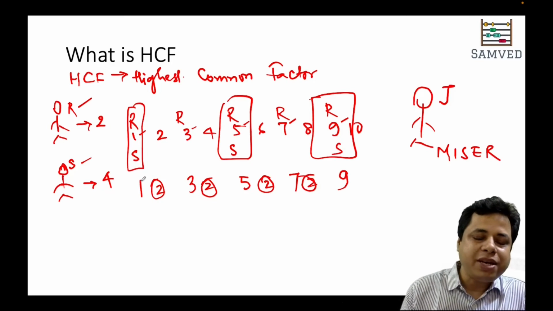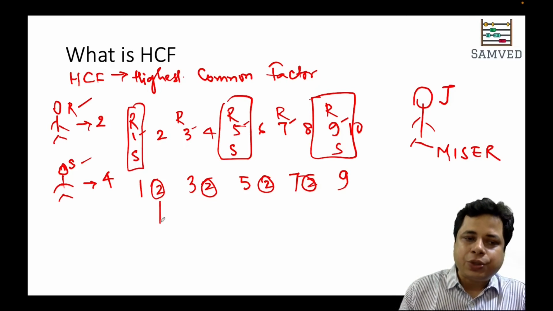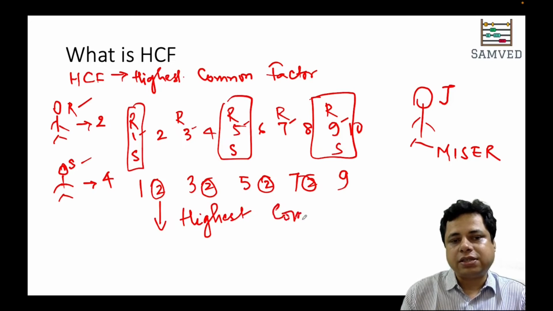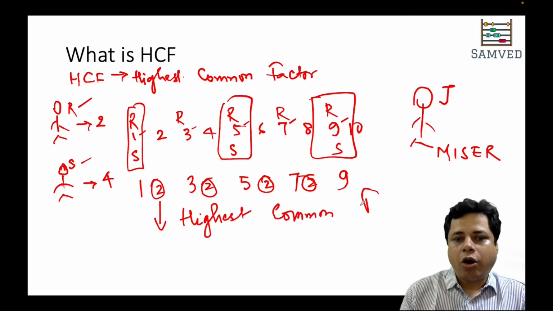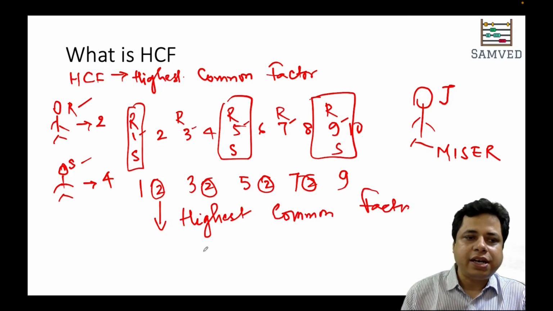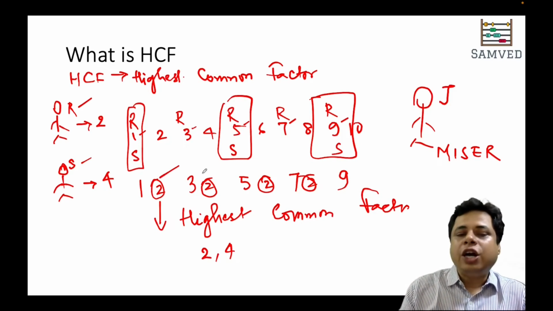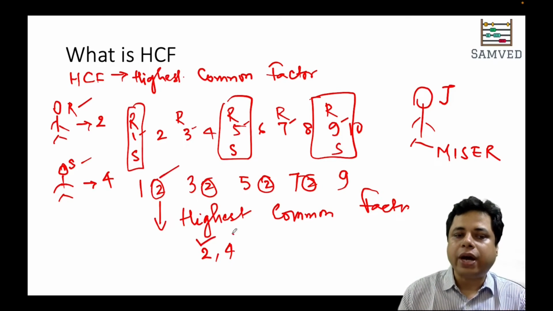So what this means is that 2 is the highest common factor of the numbers 2 and 4,